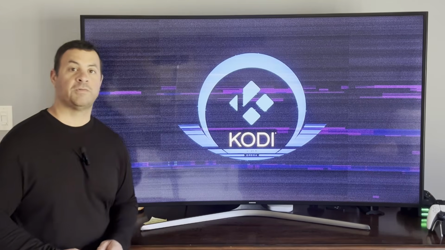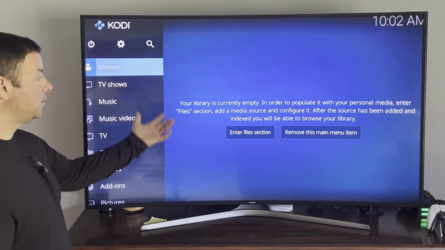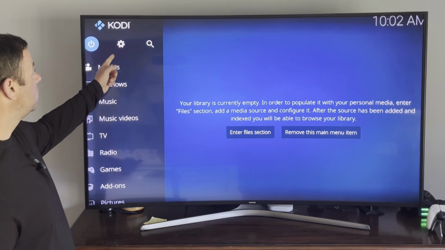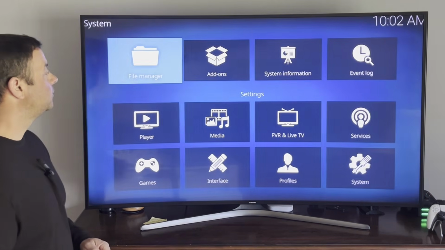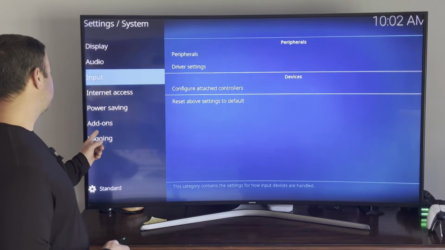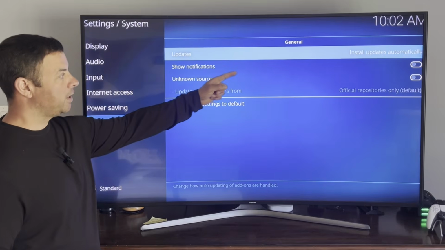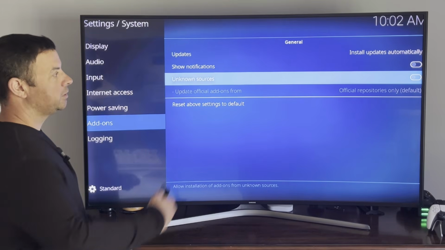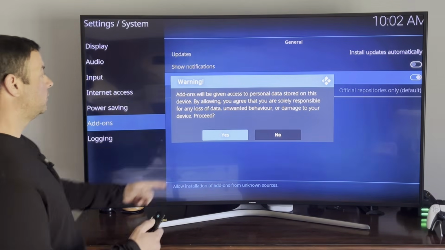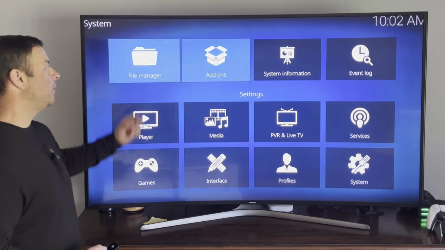It does take a few moments for it to initially start up. We come up to the settings icon, go down to system, come down to add-ons, slide across, move down to unknown sources, turn that on, and yes. Back out, go up to file manager,